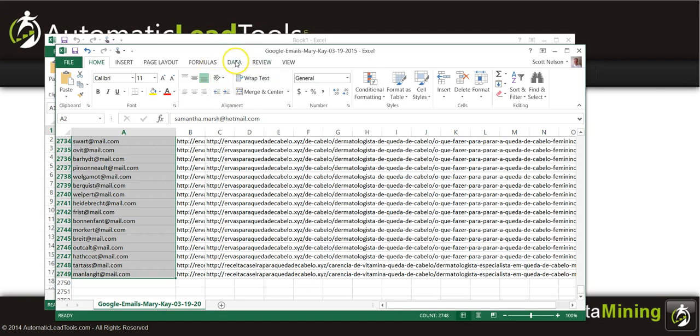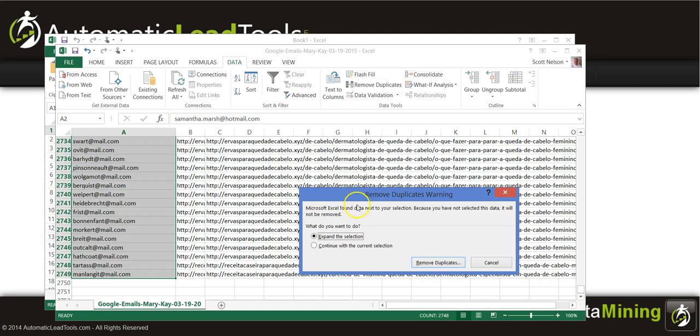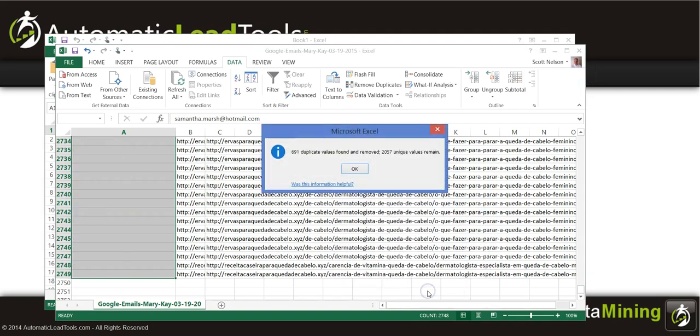So I want to get rid of my duplicates. So I come up here to data, and when I click on that, I come over here to the right and it says remove duplicates. See that right there? Now what it will do when I click on it, it's going to ask me if I want to expand the selection or continue with the selection I have, which I do, and then I click remove duplicates. And it's only highlighted in column A, you can see, so I go OK. It removed